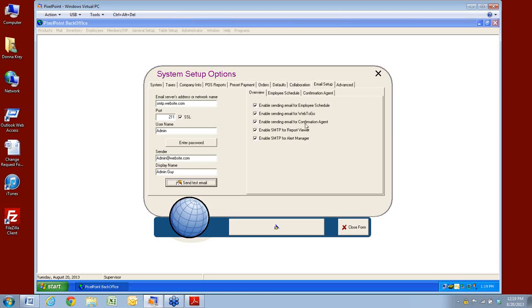And that's going to generate that reset email for the password. Confirmation agent you're going to need, because that's the email that is sent when it confirms the order, once the order has been placed and payment has been received. Now again, maybe they're not paying on the website. Maybe they do have the option to pay at store or pay the driver. But once they do that, whatever their payment option is, it's going to send a confirmation email letting us know that we have that order and letting the customer know that we